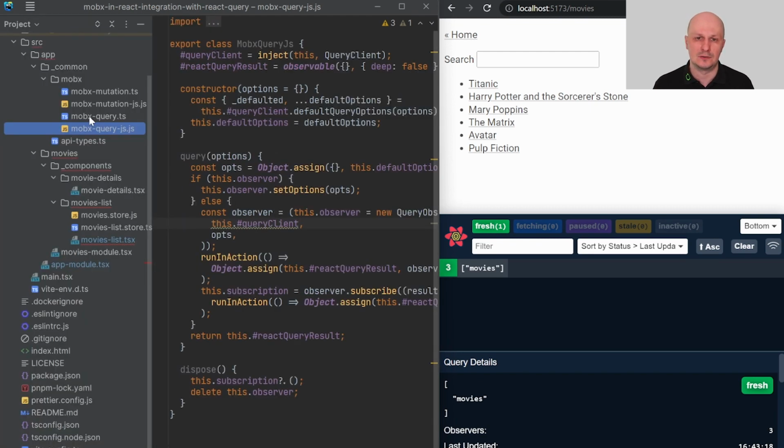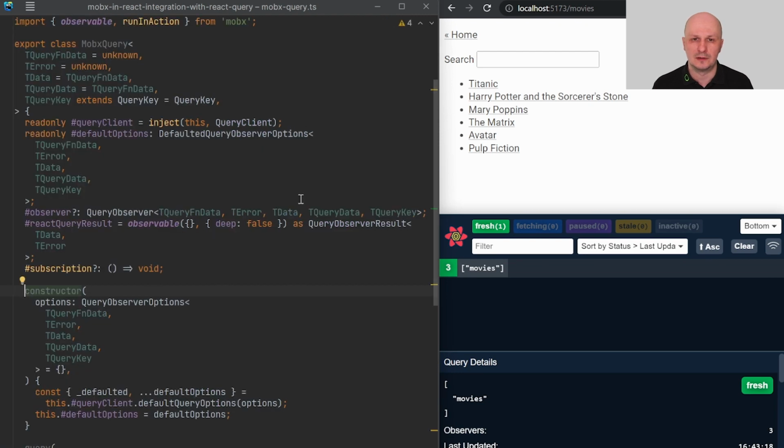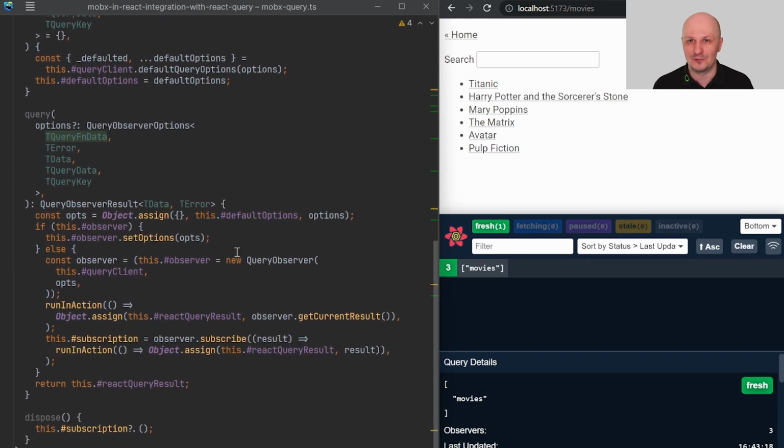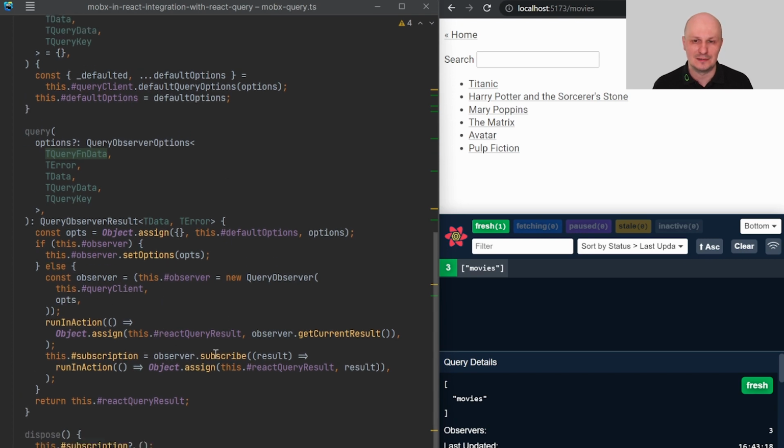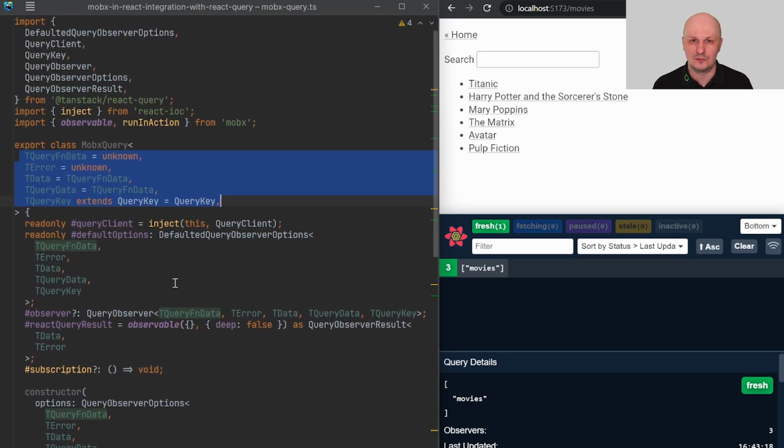And I also prepared the TypeScript version, which has a lot of generic types. That's why I wanted to avoid it previously. So yeah, this is my final solution: how to integrate MobX with